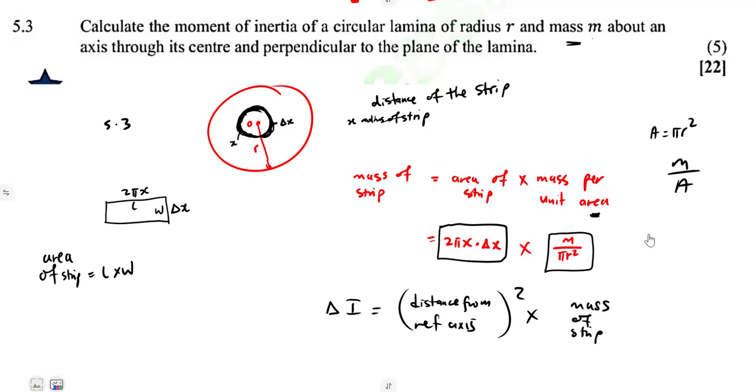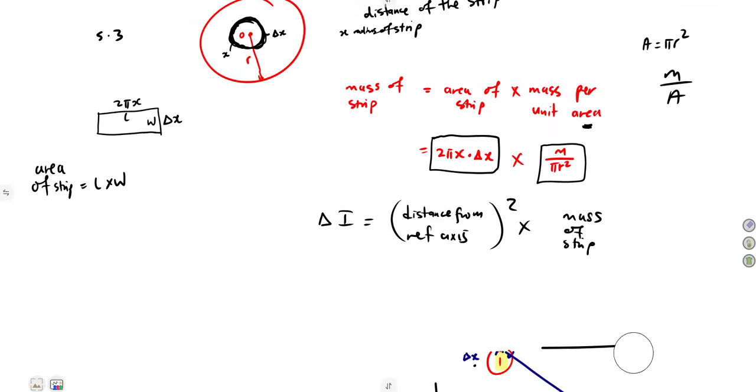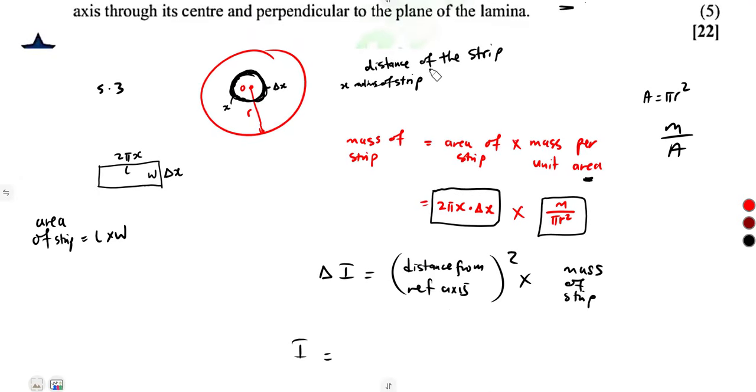So we can find our integration now for the moment of inertia. Because the distance from the reference is x, the distance of the strip, that's the distance from the reference. So it's going to be x squared times the mass of the strip. Remember, this is the mass of the strip, 2 pi x times delta x times